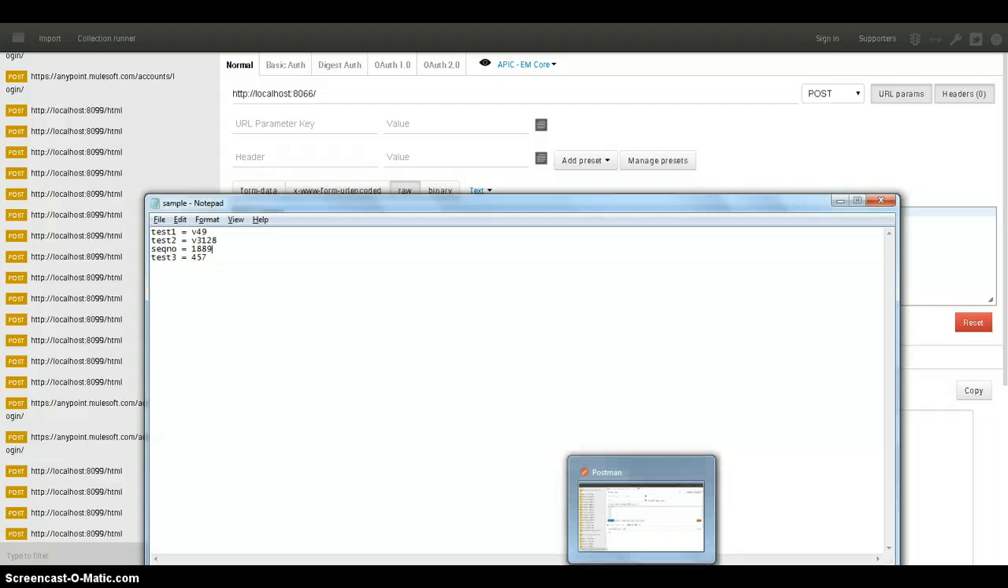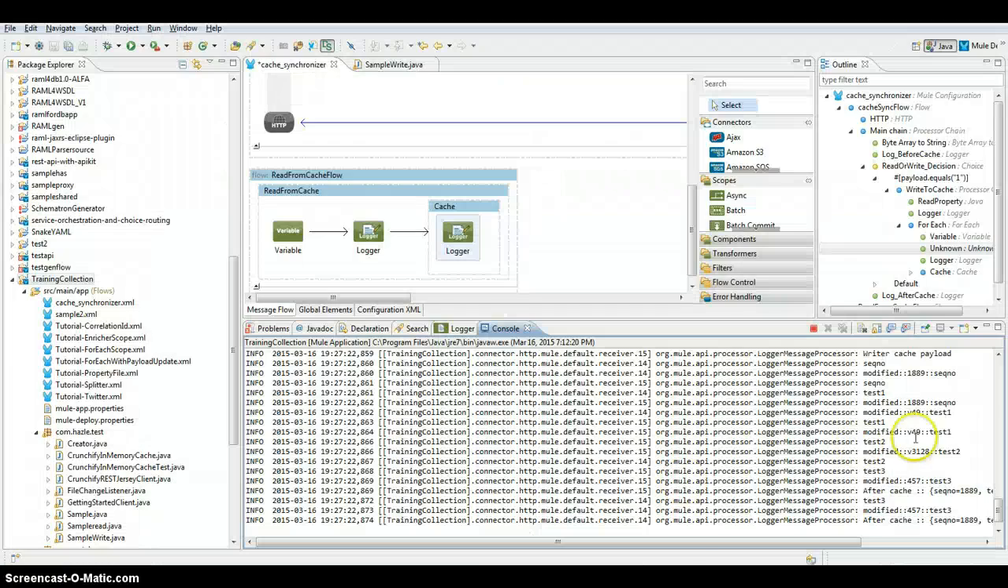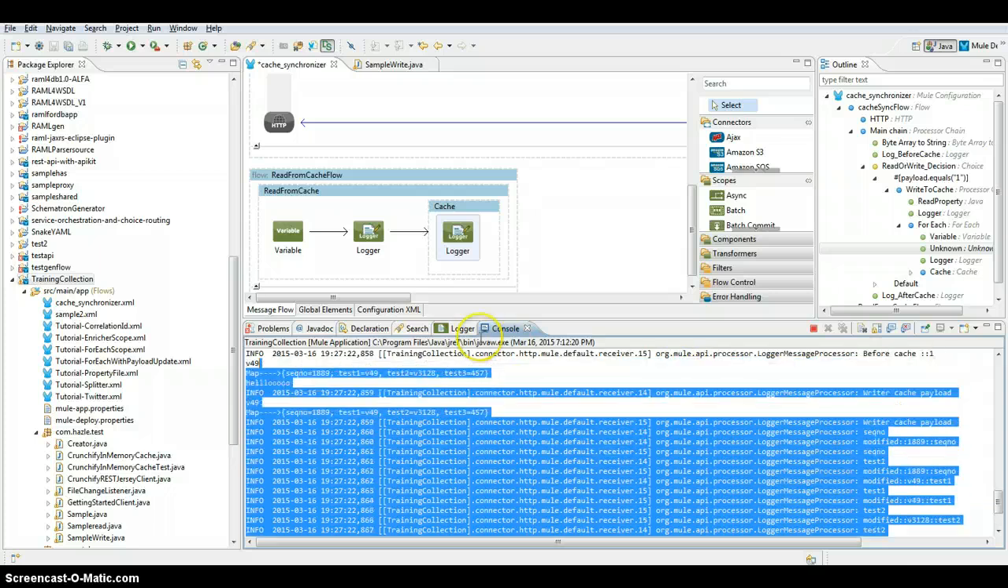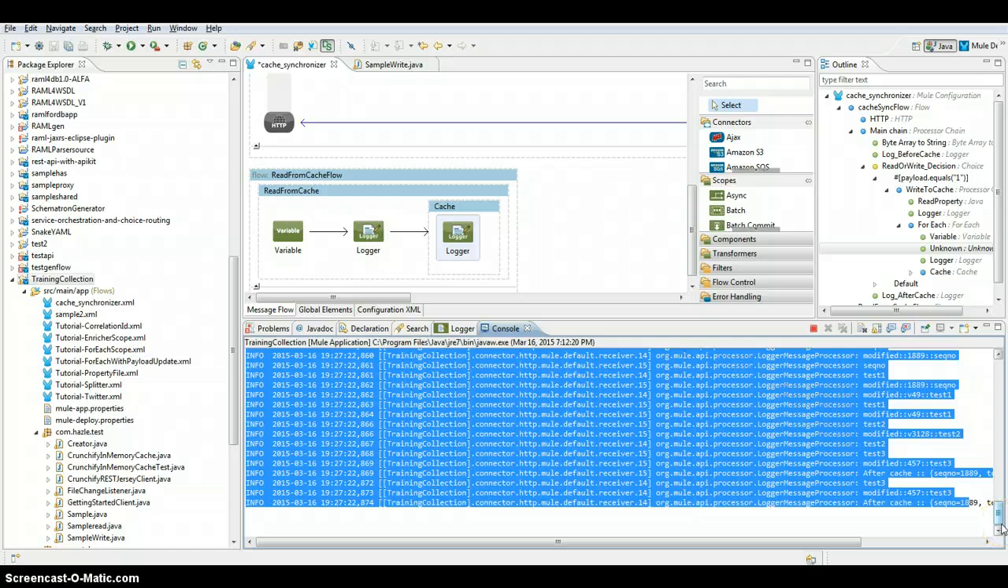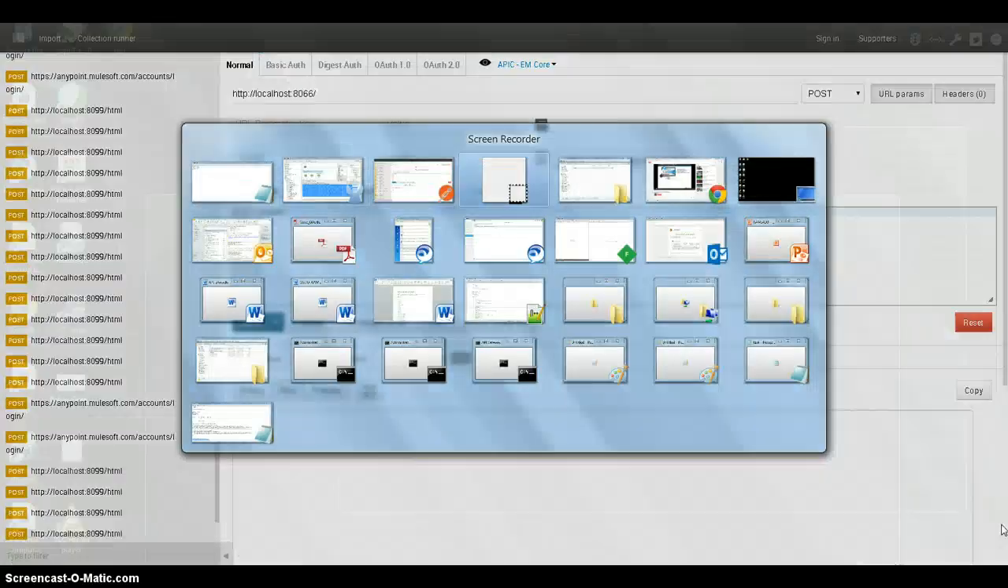Now if you come back to this point, you can see the reload of cache happened once again. The entire thing has been reloaded, because it's a new value. Now what will I do? If I hit it with sequence number 18, this one,